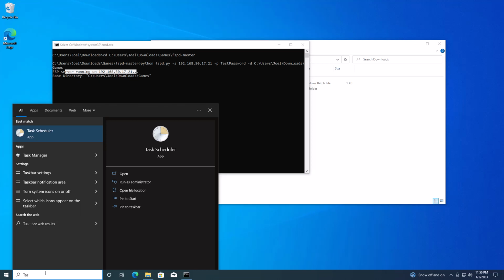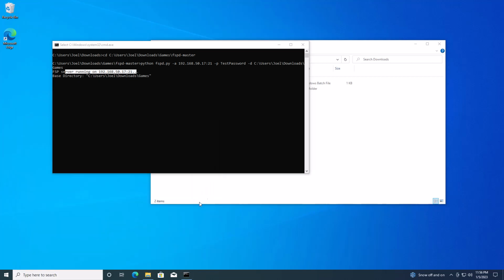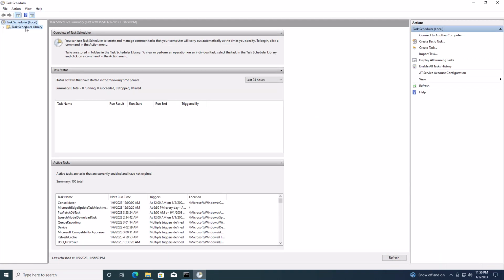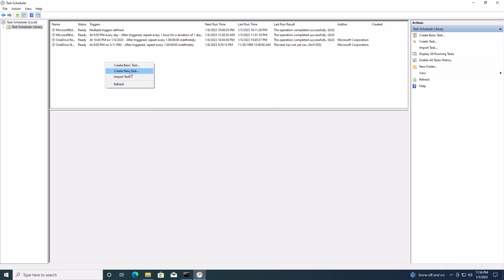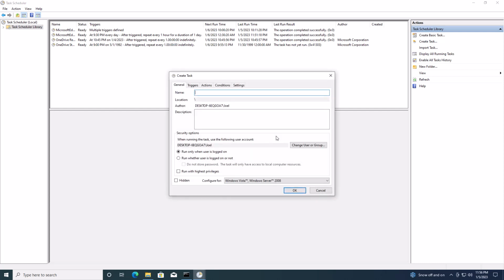So you go to start here and you type in task scheduler. You then go task scheduler library on the left-hand side. You right click and go create new task. Then you can call it whatever you want. I'll call it Gamecube share. Shares Gamecube